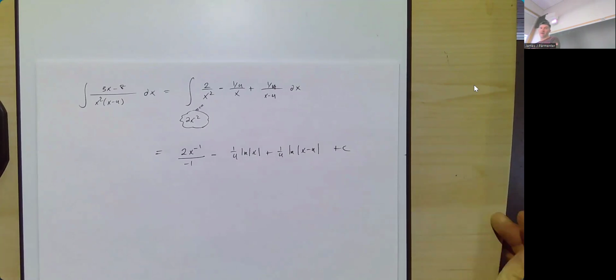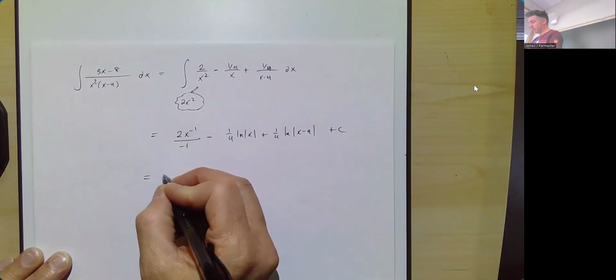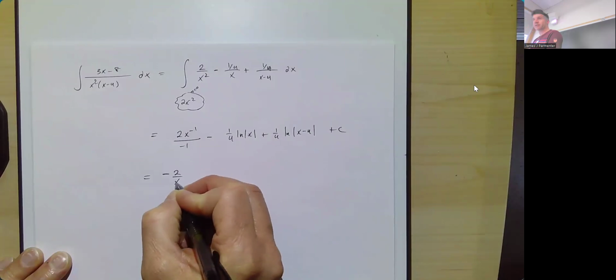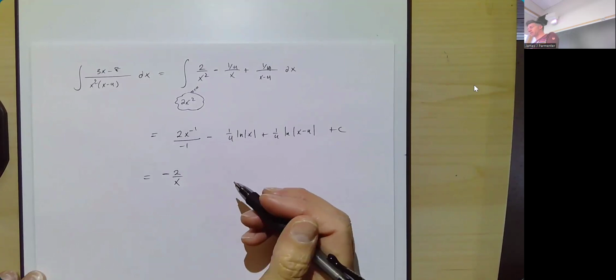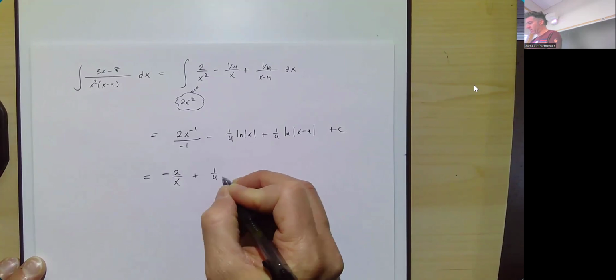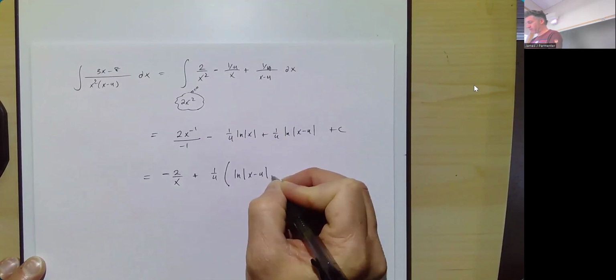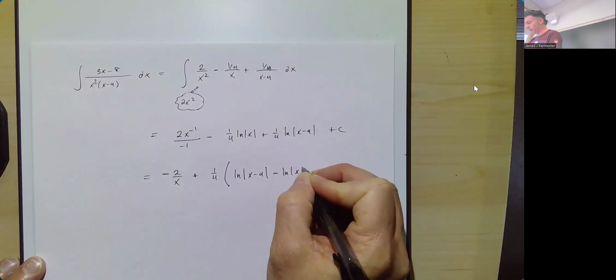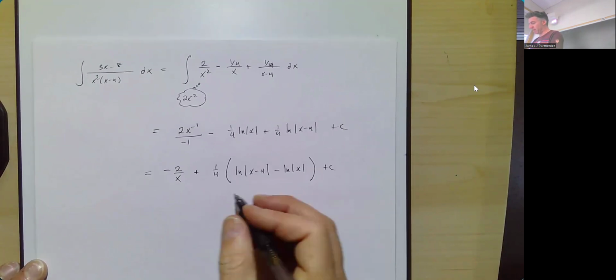And not that I would simplify this, but just to point out a common simplification that you might see. So let me show you something real quick here. I would rewrite this as negative 2 over x. And then here you might see someone do something like this. You might write this next part as 1/4 times the natural log of the opposite value of x minus 4 minus the natural log of the opposite value of x. And then you might see them combine those logarithms as